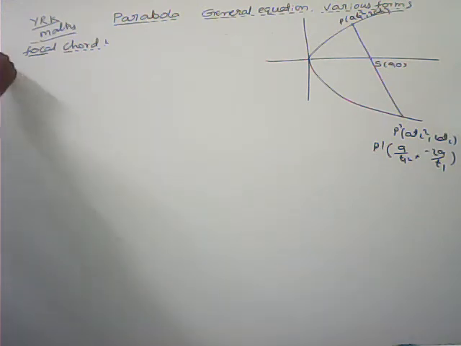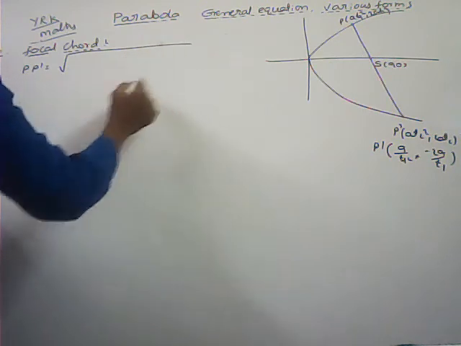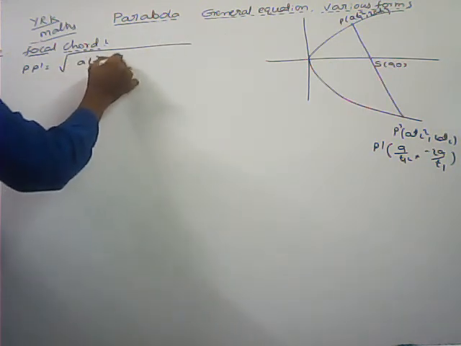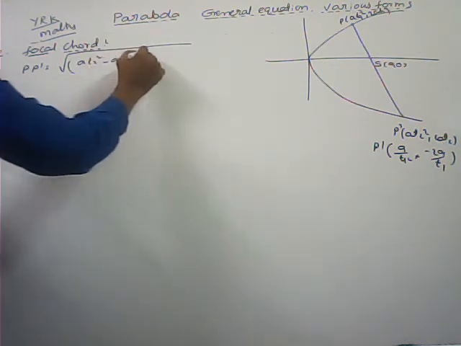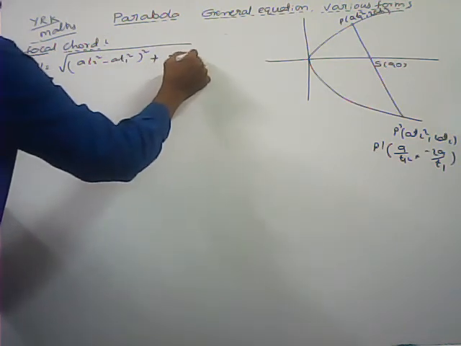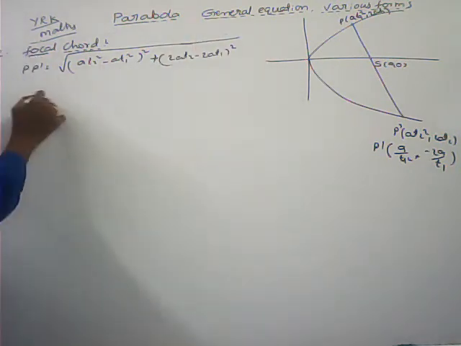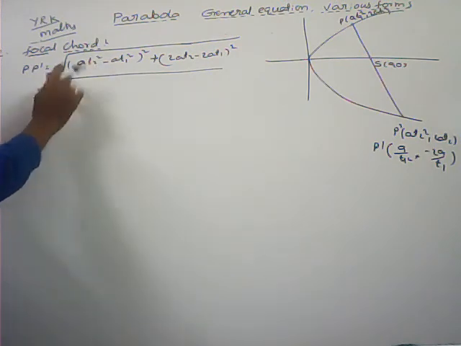Here, the length of the focal chord, how do we get that one? That is PP dash only, the distance between the 2 points: under square root of (x2 minus x1) whole square plus (y2 minus y1) whole square. That is equal to under square root of, from these two terms I can take a as common, whole square